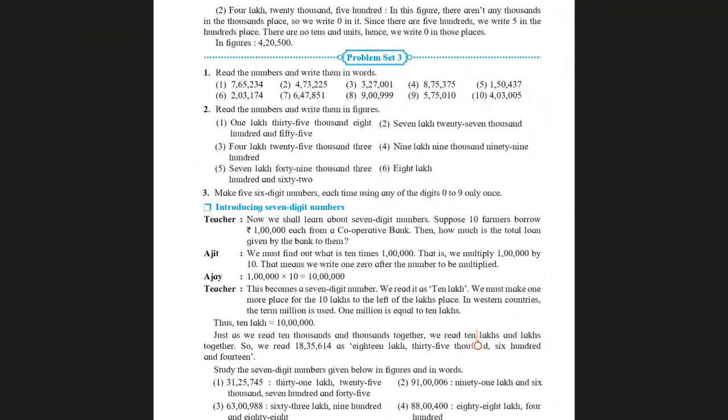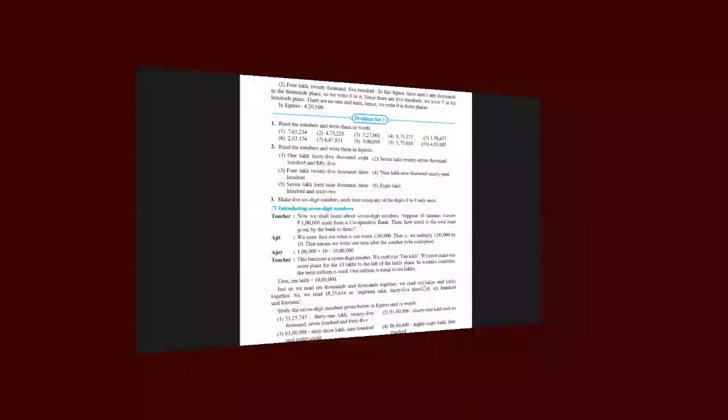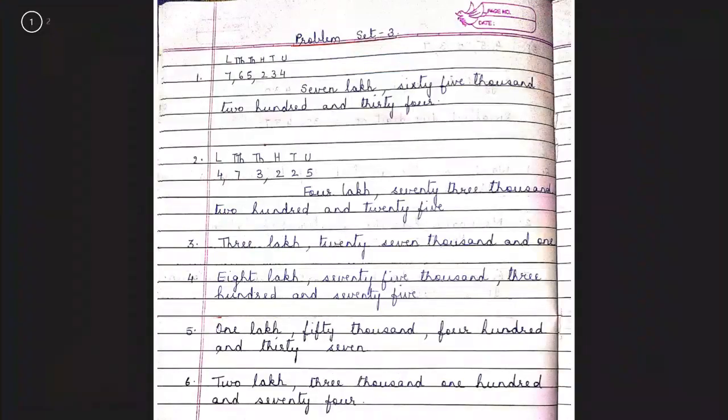Okay. So what I'm going to do is, I'm going to show you all this written in that order. Now see, in the beginning, I've written that order. First is unit, then 10, then 100, that is H, 1000, it's written as TH, 10,000, I've written it as TTH, and then lakh with the letter L. I have arranged each digit from the right hand side in that order. So it's 4, 3, 2, 5, 6 and 7.